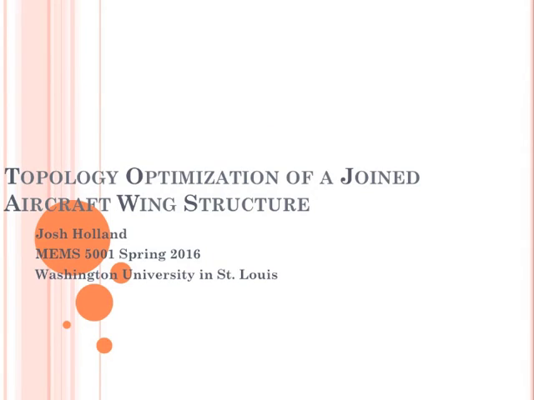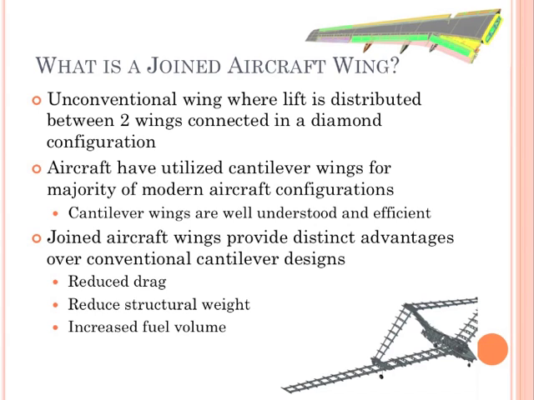Alright, my name is Josh Holland, and my project was the topology optimization of a joined aircraft wing structure. Joined aircraft wing is an unconventional design where lift is distributed between two wings connected in a diamond configuration. Aircraft designers primarily use a cantilever configuration for aircraft wing structures, and the joined wing configuration offers distinct advantages over